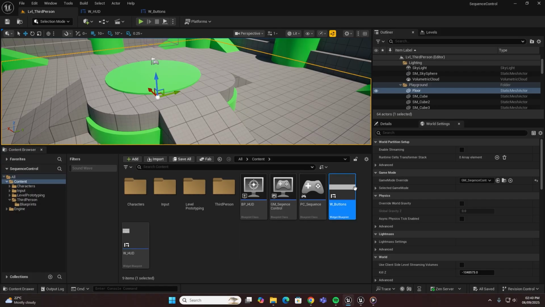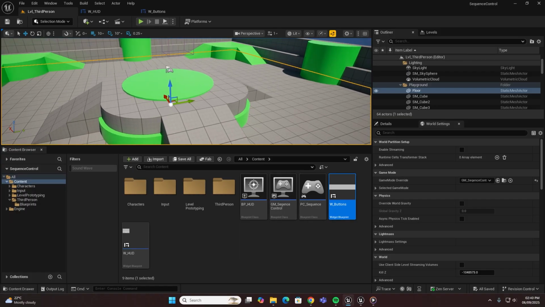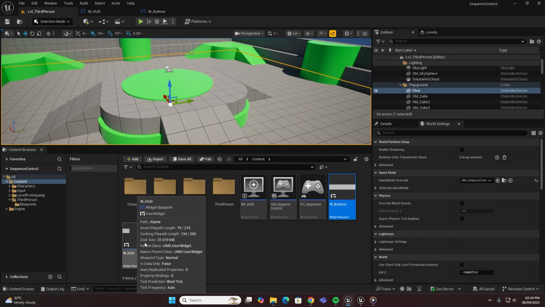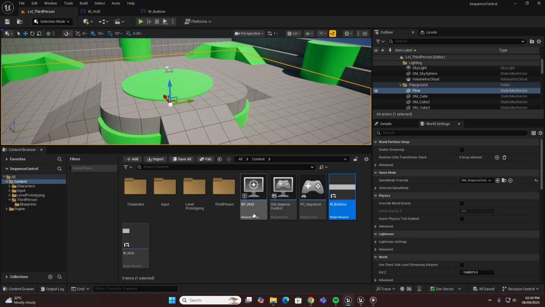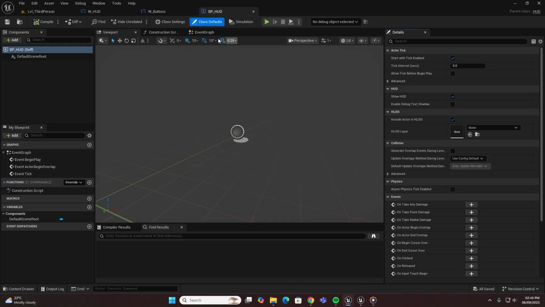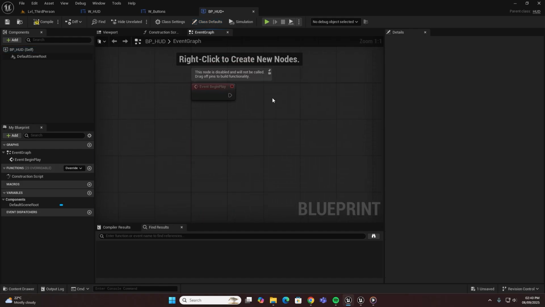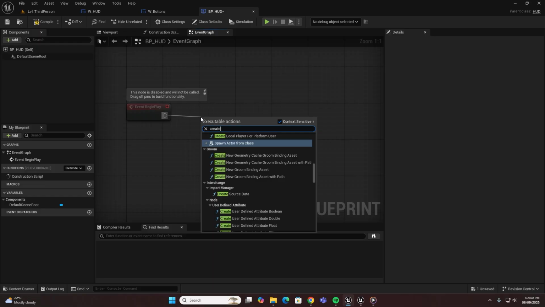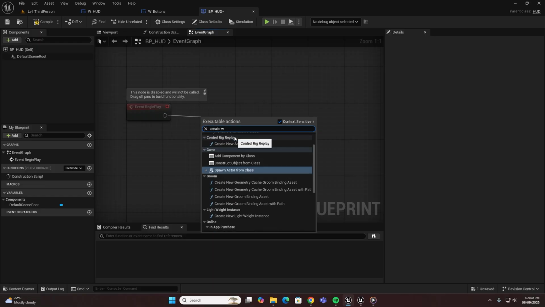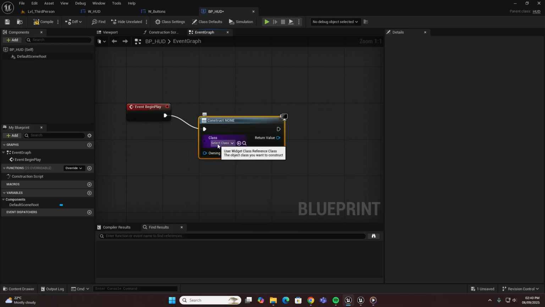And in order to get them to show up on the screen, we've set up this HUD class here, and we have this HUD widget which will contain them, which we need to actually create first, or spawn in. So if we click on the HUD, we go event graph, don't need tick or overlaps, just get rid of those. And if we drag from here, go create widget. And now we search for the WHUD,